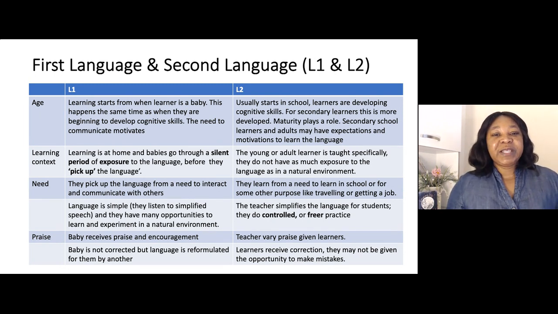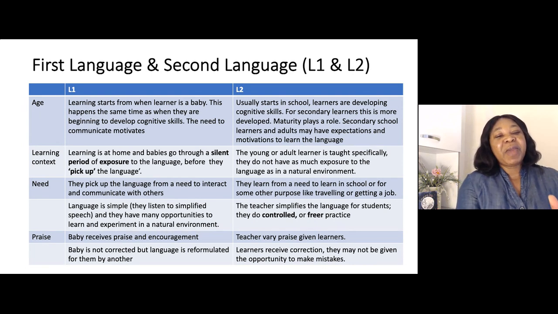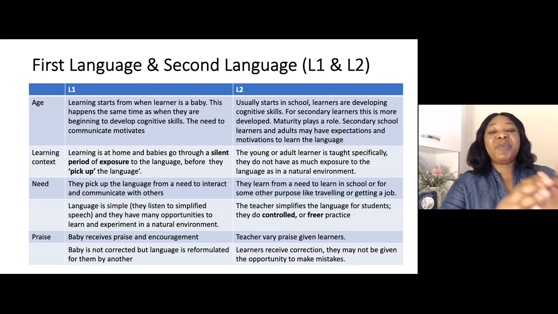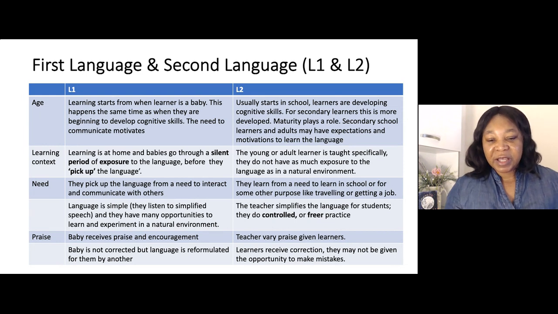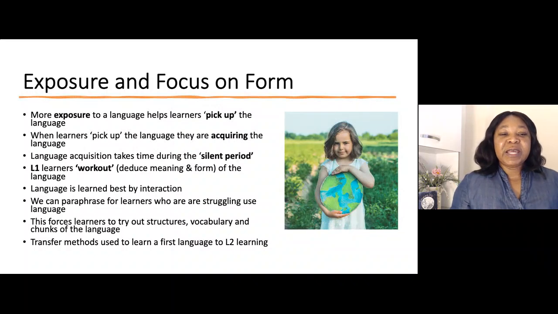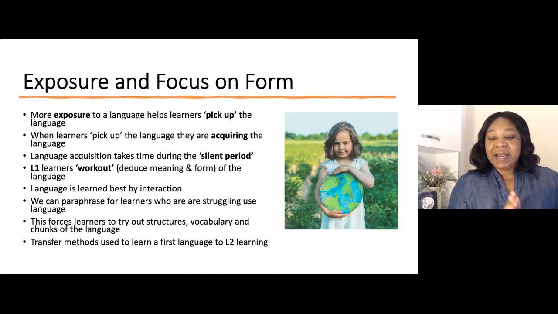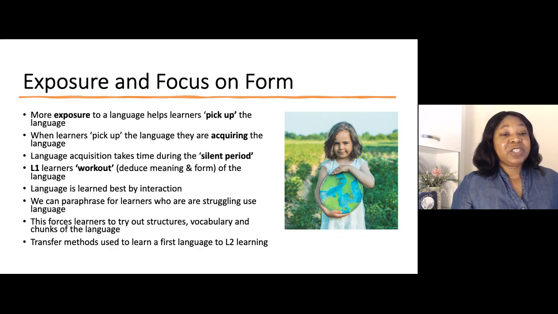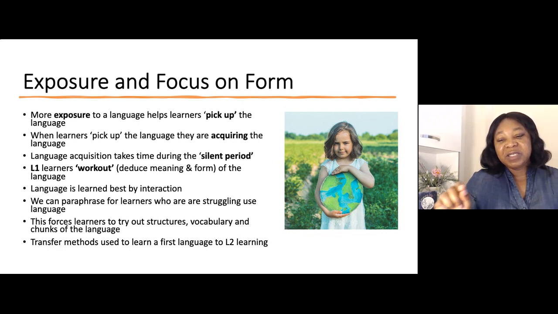So what are we saying? We're highlighting these two differences so that we can take features from L1, the natural environment, and bring them into our classroom. That's why we're going to look at correction. How should we correct our learners, for example? So we're focusing on form. So when we're learning a language in a natural environment, we do not teach the rules of the language. But if you notice, the child learns the language, and with time, it's perfect. Just like native speakers. Nobody comes to say, this is subject plus this plus that.